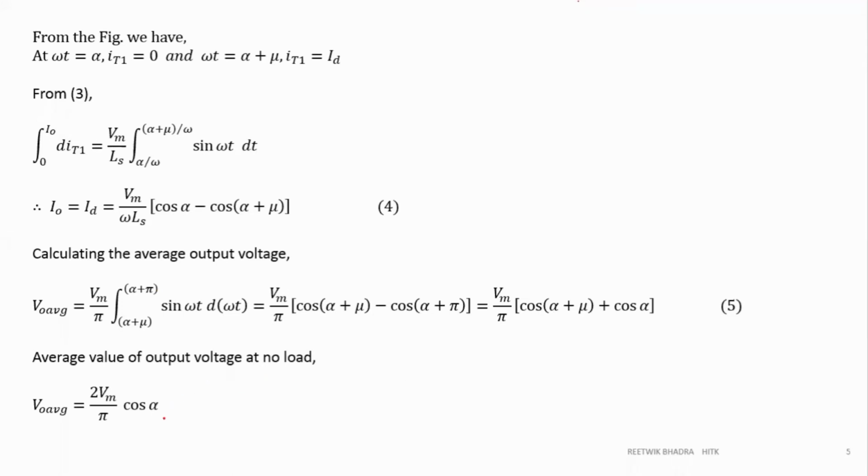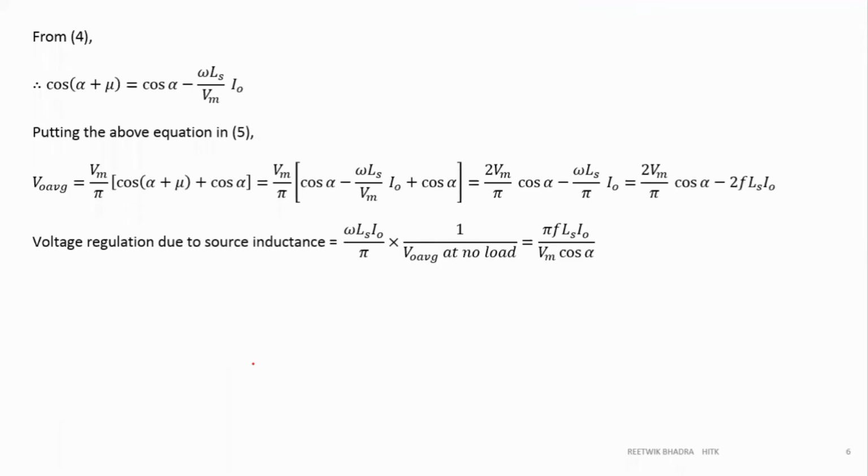I am providing you the explanation part. Now, what is happening over here? We are getting our voltage over here. Now actual V naught average is nothing but 2 Vm by pi cos alpha, which we have discussed already. Today also I have told you actual no load value or actual voltage average value is 2 Vm by pi cos alpha without your source inductance.